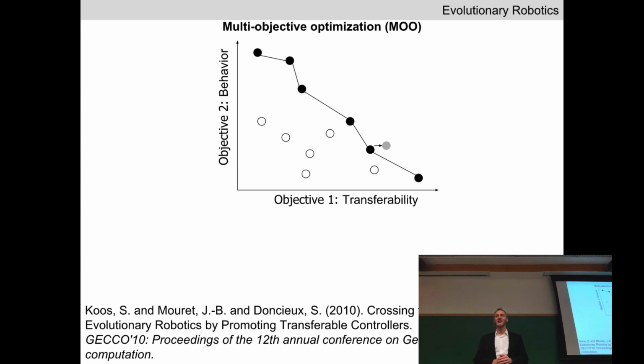So we keep rolling our 7-sided die, pick one of the 7 individuals on the front, produce a copy of it, but don't evaluate it yet, just make a copy. Put that copy in the first of the 5 empty slots, roll a 7-sided die again, pick one of the 7 individuals on the front, make a randomly modified copy of it, put it in the second of the 5 slots, and keep going until you've created 5 new individuals. Now, evaluate the behavior and transferability of all 5 individuals, and we're back to a full population. Then we select who's dominated and who's non-dominated, kill off the dominated ones, and continue.